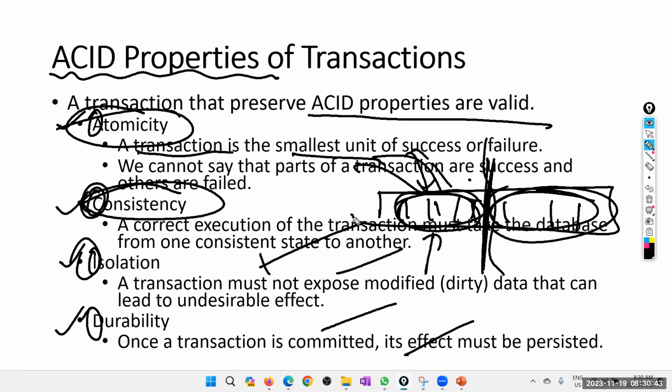So those transactions must execute in isolation. They must feel like there is no such situation. Of course, concurrent transactions can happen, but the DBMS has to make sure that the transactions are happening like one after the other. But actually they are happening in parallel. But